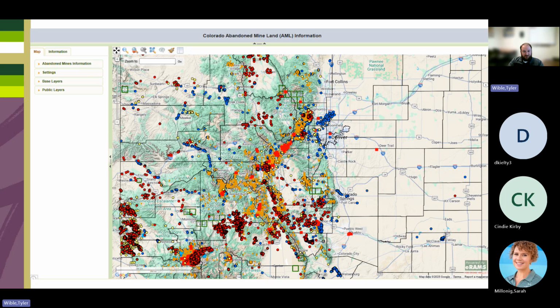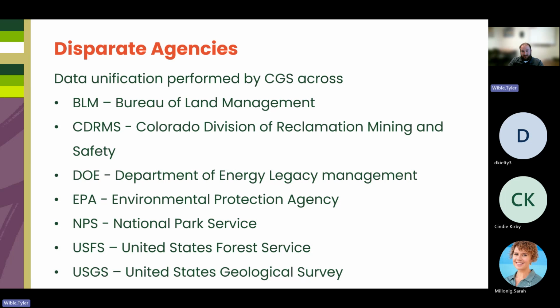You can imagine what those may be, but it's hard to maintain old stuff. So we'll talk a little bit as we go forward on that. But what was in this is basically a series of disparate agencies and their tracking statuses, categories, titles, naming, nomenclature, was unified by CGS to a consistent terminology and structure across BLM, Colorado Division of Mine Reclamation and Safety, Department of Energy, EPA, Forest Service, Park Service, Geological Survey, all the feds and the state